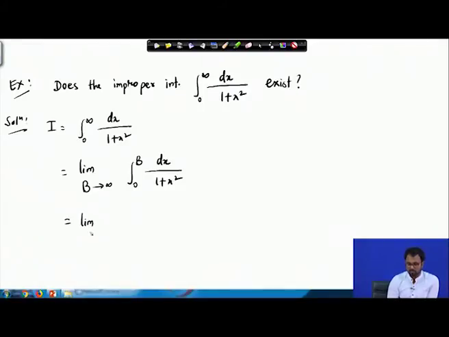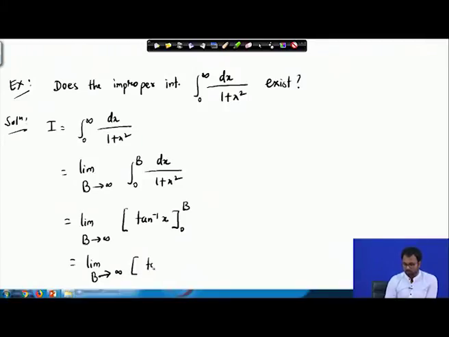Now, integral of dx by 1 plus x square is tan inverse x. So, we will write tan inverse x here, then integral from 0 to b. This will turn into limit b goes to infinity, I beg your pardon, and then this one is tan inverse b minus tan inverse 0. Now, tan inverse 0 is 0, and tan inverse b, when b goes to infinity, will go to pi by 2. So, the value of the integral is pi by 2,